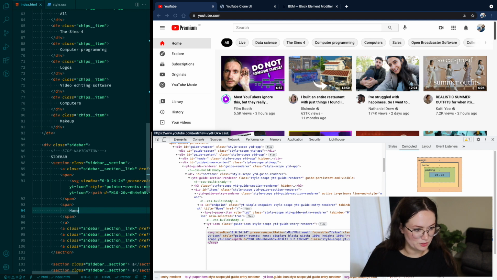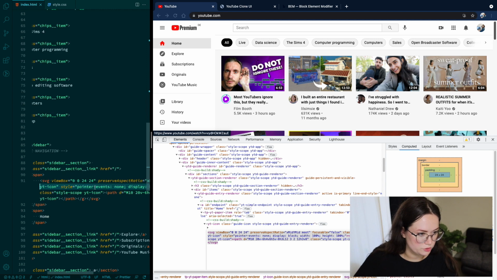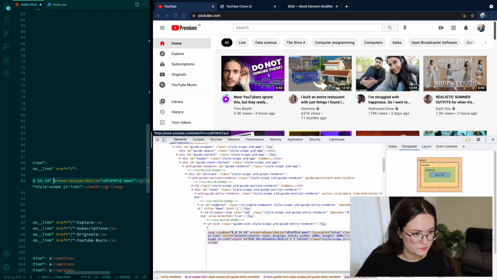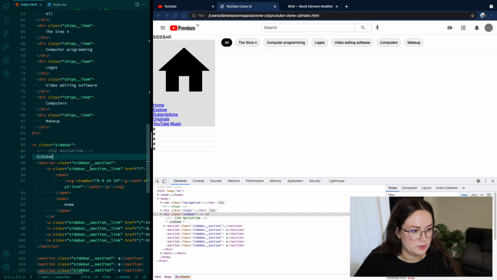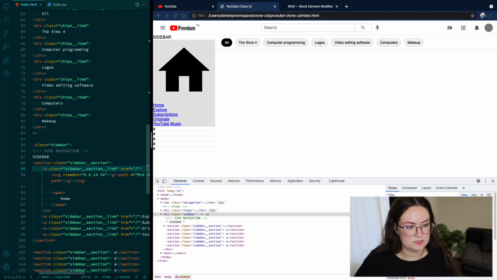I know the visibility is probably not the best right now, but so save this. Be sure to remove the inline styling that YouTube puts, and also their class. We don't need that. We also don't need this class. Keep the G though. Like this, should work. Yay! Big home, nice. Maybe we don't need a span. Okay, we have an SVG and we have a span only for the text. So if we refresh it,